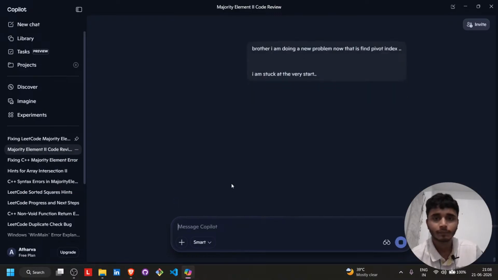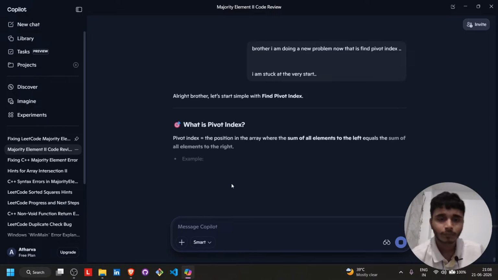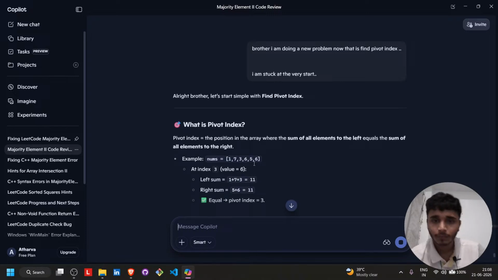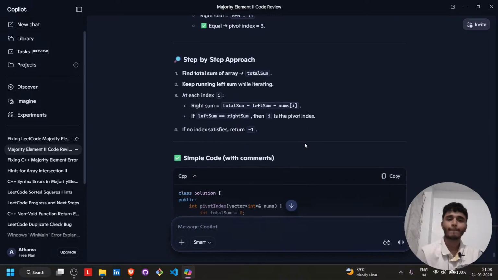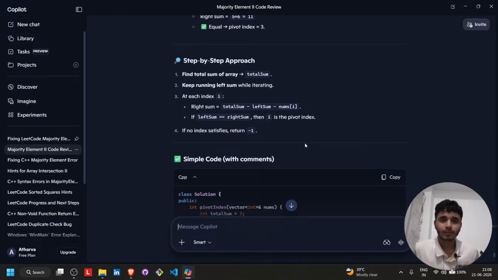Let's see. Where the sum of all elements to the left equals the sum of the right. Three values: 1, 7, 3, 6, 5, 6. 1, 7, 3 equals 11. 6, 5 also equals 11. 6 will be at index 3, value equals 6. Find the total sum of the array. Keep a running left sum while iterating. At each index, right equals total sum minus left sum minus